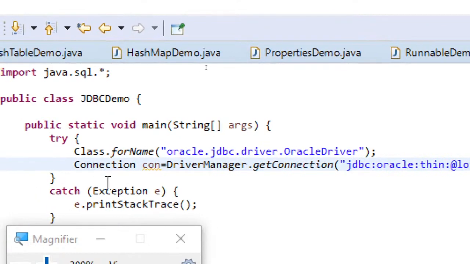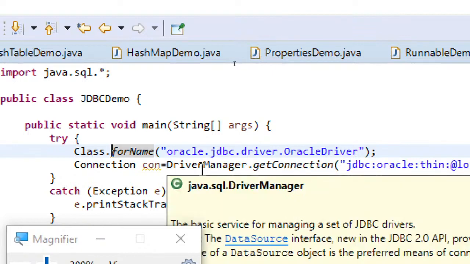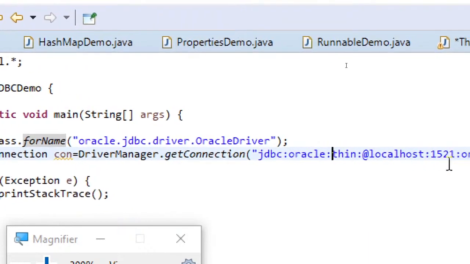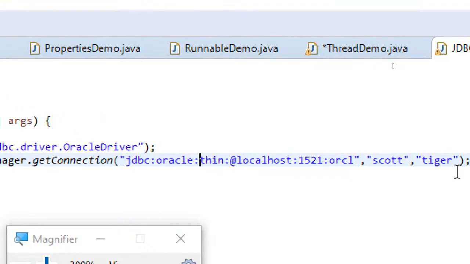So once again, step 1, loading the driver name. So Oracle driver I am going to use, that's what you can see here, oracle.jdbc.driver.OracleDriver. Step 2 is creating connection object. So Connection con equal to DriverManager.getConnection, and then here you have to pass 3 parameters. The first one is the URL, the other 2 parameters are username and password.